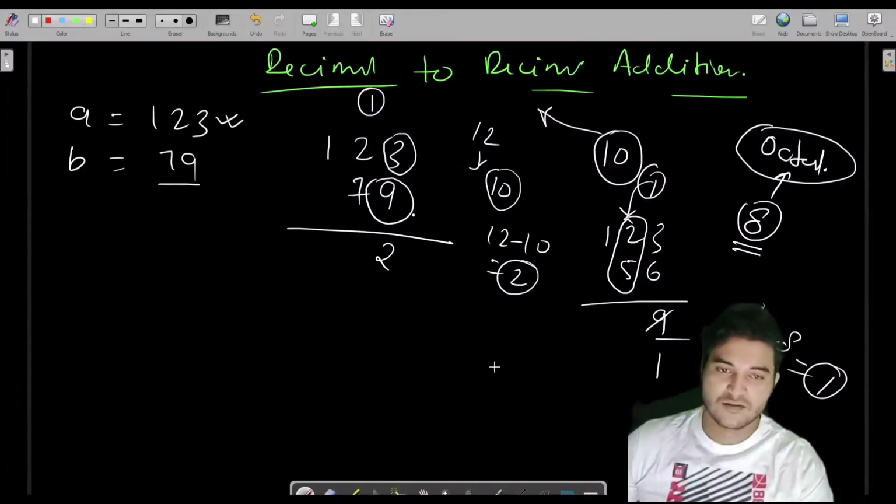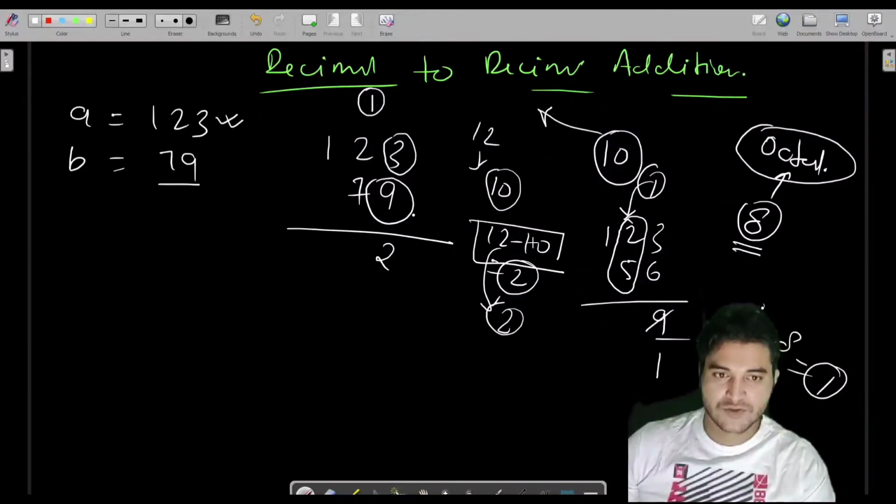Because if you see from childhood math, we used to write 2 here and take 1 carry. So I am applying the same logic, but using this approach, we subtract the base from the result, then write the unit digit of the result, and take 1 as the carry.